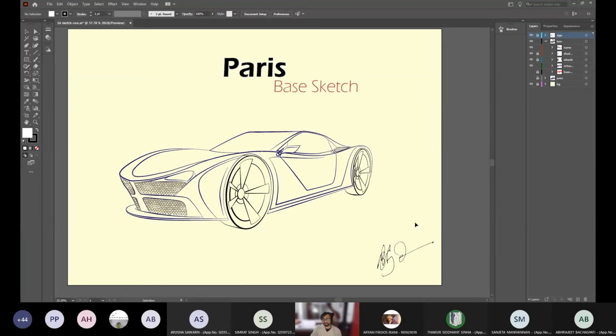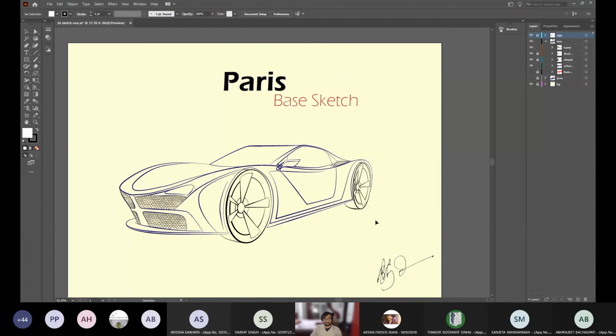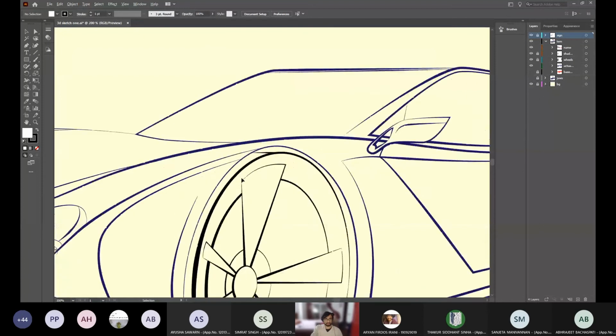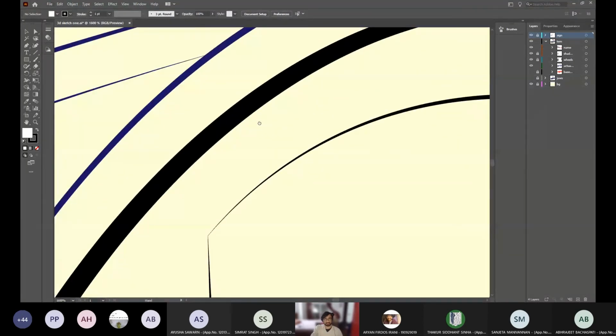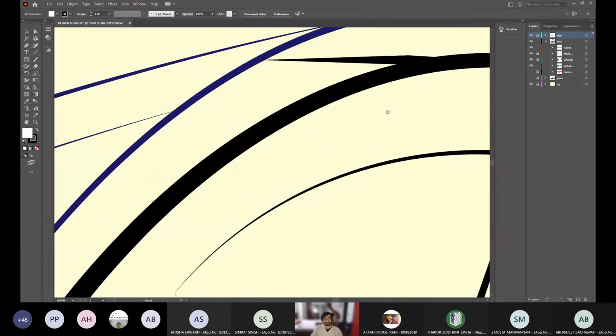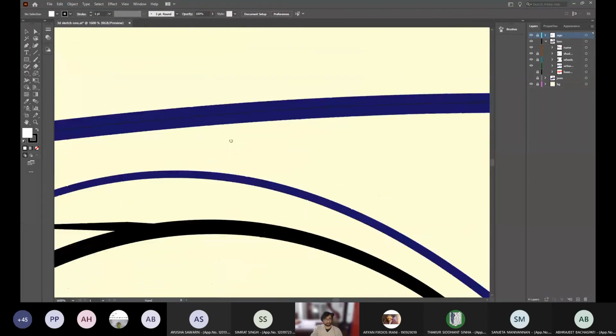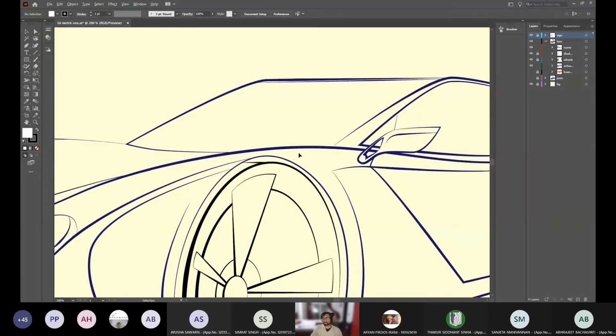So Illustrator is basically a software by Adobe that we use for vector art and all. Vector art is the one where we work with lines and colors. Basically the key difference between images and vectors is that if you scale into an image, the quality will degrade. But if you scale into a vector, the quality won't. For example, I just zoom in and you can see that all your lines are still as sharp as they should be. But if I were to zoom into say an image, there would be a bit of pixelation.